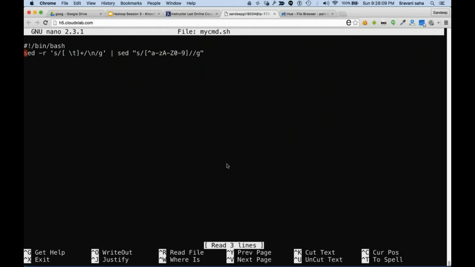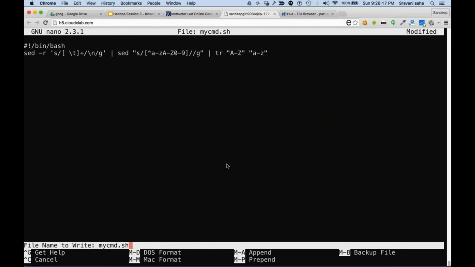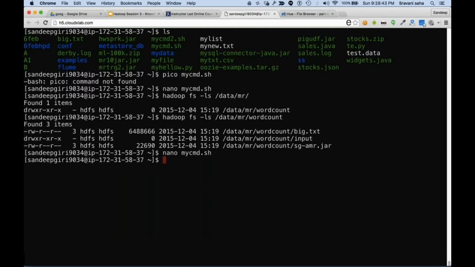So here we have created, you can see that, sed -r, substitute any number of spaces and tabs with a new line, and then substitute non-alphanumeric, anything which is not small a to z, capital A to Z, 0 to 9, remove that. Removing means replace it with nothing, and then translate upper to lower. Okay, now once you have done that, do a chmod